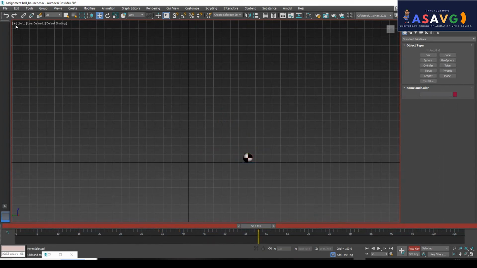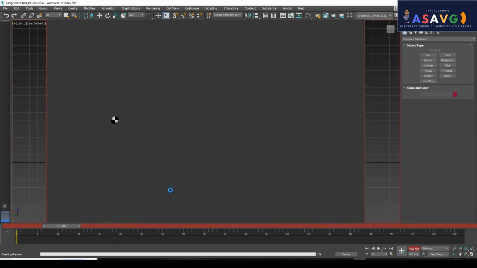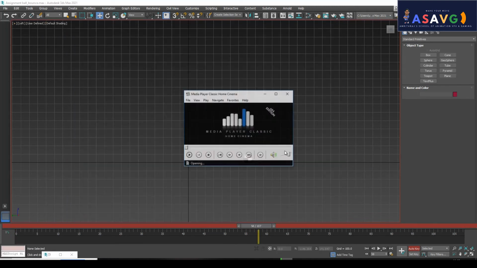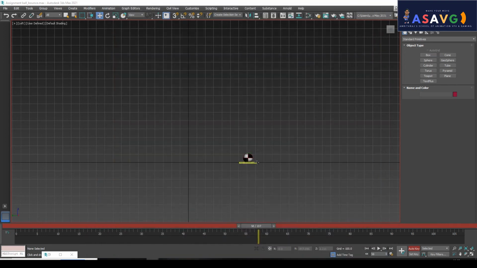Now we'll be checking a playblast. So create preview, make a preview animation. Now look at the spacing. We will be checking only the spacing. Just once more I will be making a playblast. In this area I am losing something, so I will be clicking here and, yeah, in this area he is not at all moving. I will be moving it a little bit.